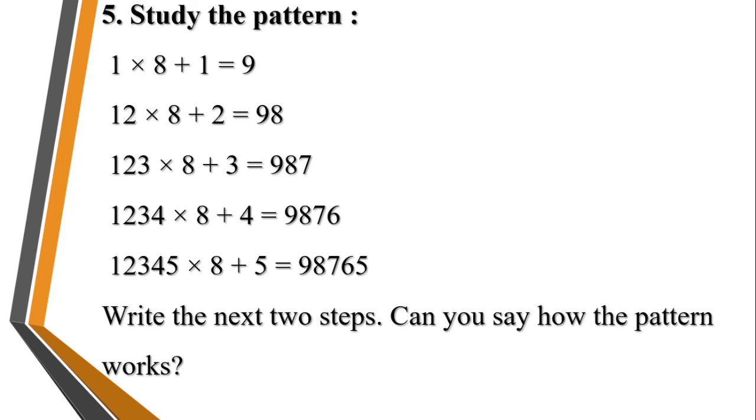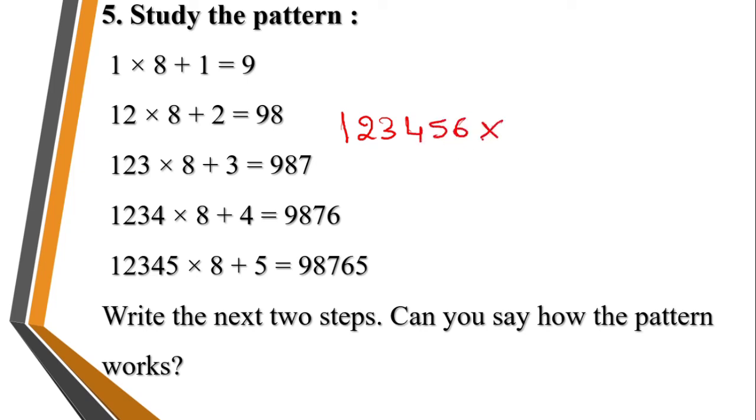Now here, we will see the first row. So here we have 1 and here 1, 2 and here 1, 2, 3 and here 1, 2, 3, 4 and here 1, 2, 3, 4, 5. Right. So you can see it's starting as natural numbers, right? We are going in the pattern of natural numbers. So here we have 5 as the ending number. So after 5, 6 will come. So the next step will be 1, 2, 3, 4, 5, 6. So you will write 6 here.